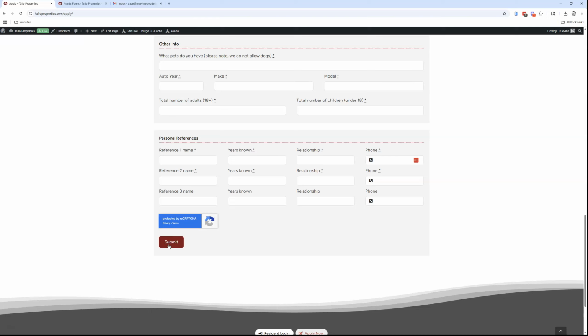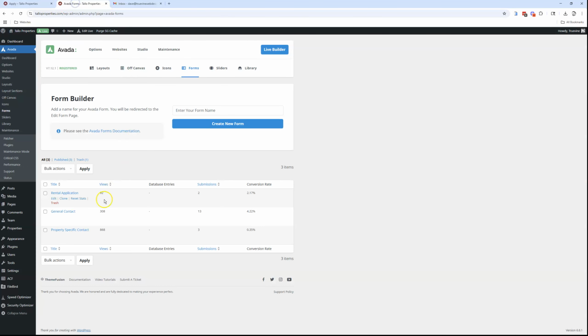You'll be able to see all the details in your email, and you'll also be able to go into the admin portal here under rental applications. There'll be some database entries for everyone that fills out the form, and you can